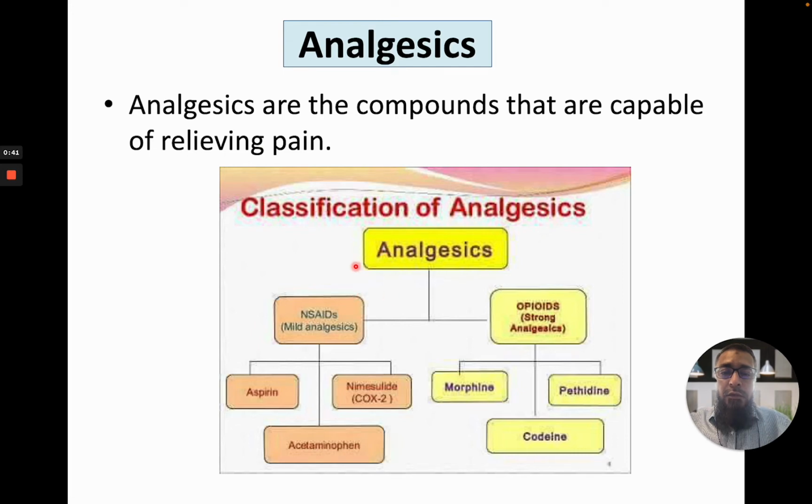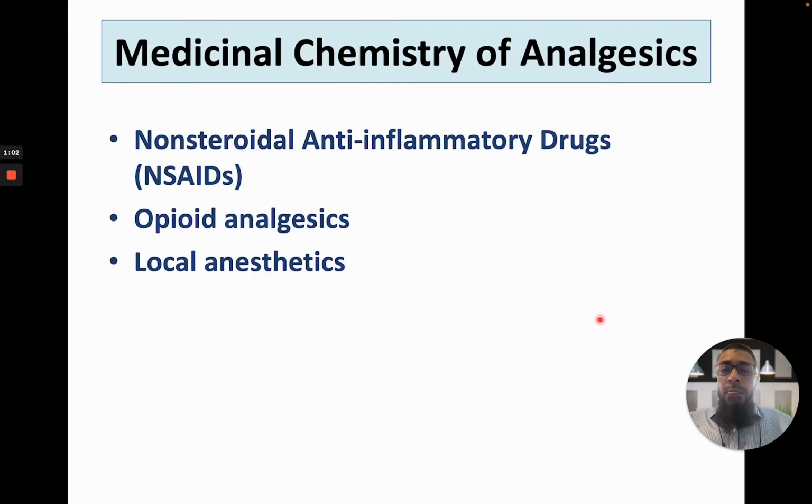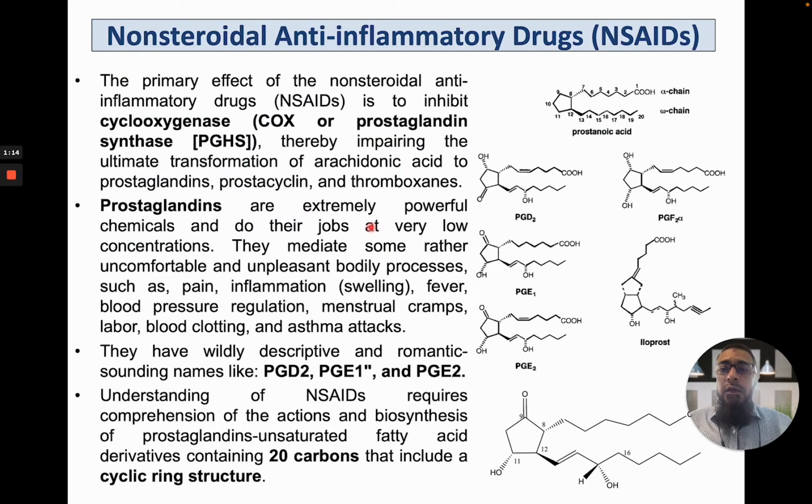We will cover some examples of the medicinal chemistry of the NSAIDs. After this we will see some examples of the opioids, which are also called the strong analgesics, and then some examples of the local anesthetics. So first we will go for the non-steroidal anti-inflammatory drugs, then we will cover the opioid analgesics and then the local anesthetics. What is important in the case of the non-steroidal anti-inflammatory drugs is the inhibition of the